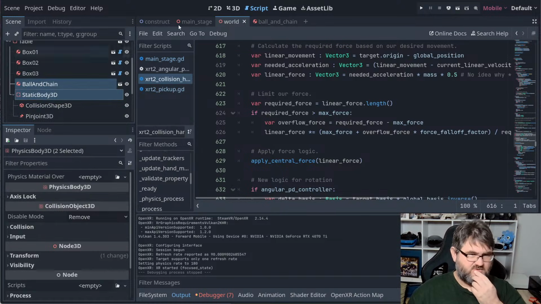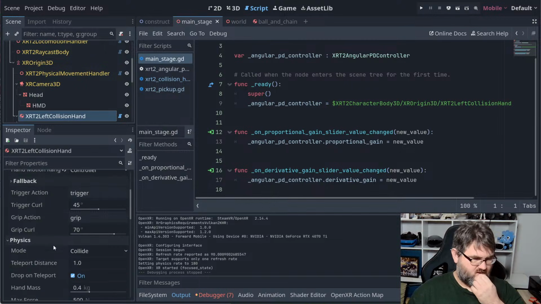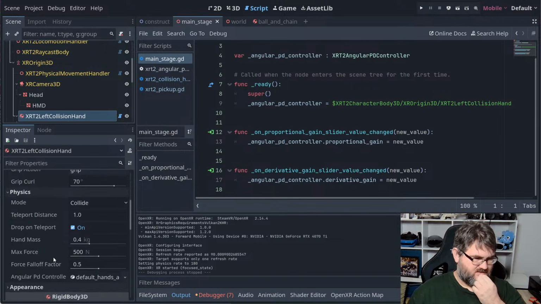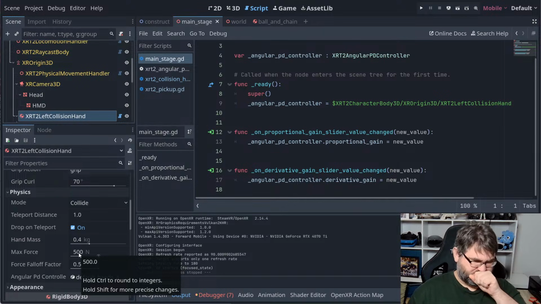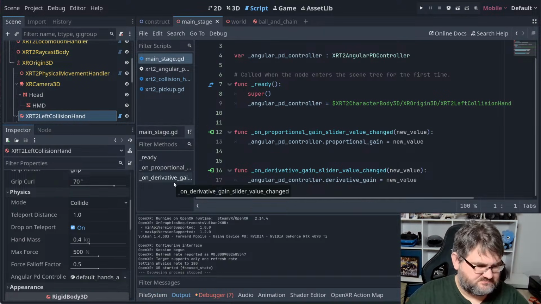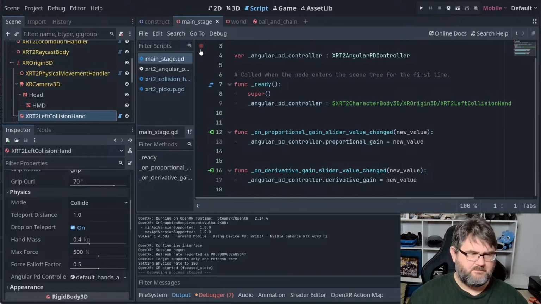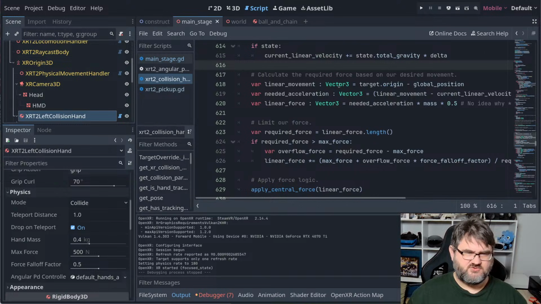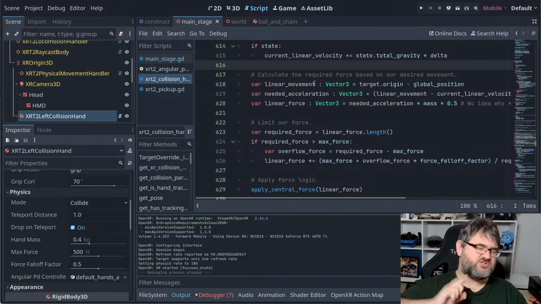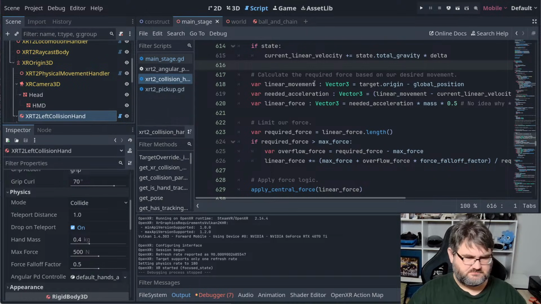Now, one thing is that I did do that max force here. Yeah, that is probably way too high or something. I don't know. But yeah, I think it is about time that we simplify that. Oh, my coffee is getting cold. So yeah, let's change this over to a PID controller and see if we can start tuning that in a way that actually makes more sense,